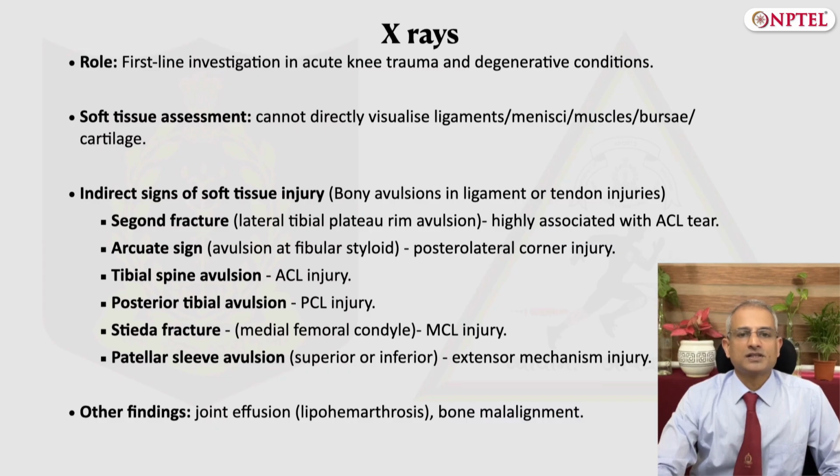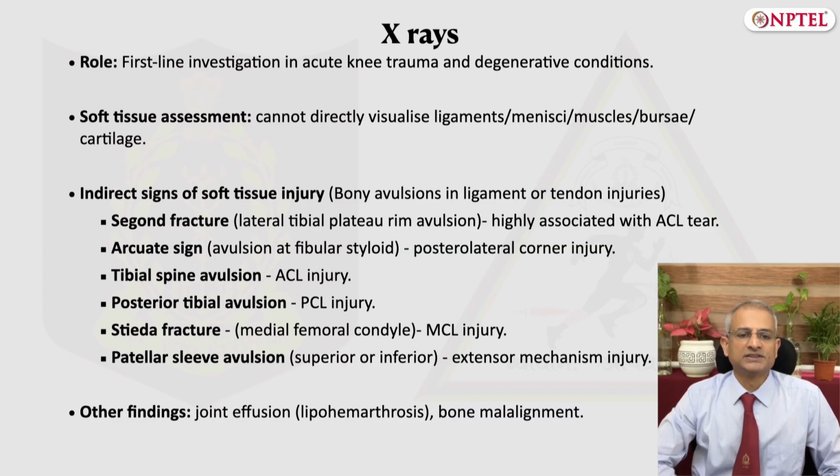We start the radiological investigations with the first and the most commonly done investigation, which is the plain X-ray of the knee. This is usually the initial investigation in all acute or chronic injuries of the knee. It is useful for detecting fractures, avulsion injuries, any bony malalignment, any joint space narrowing as seen in degenerative conditions, any osteochondral lesions, or loose bodies if they are radio-opaque.